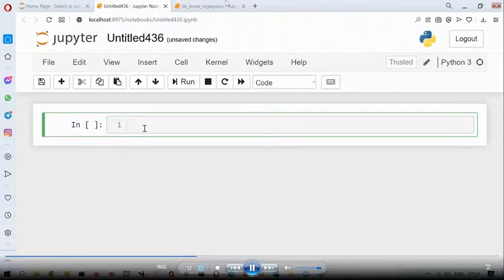So I have a data set available in my system. It's a very simple use case. As I said, what I'm going to do is load this data. It's a CSV file. I need some libraries from